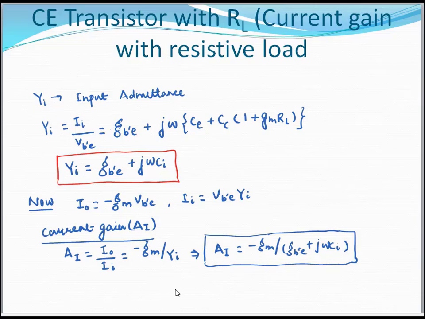Further, this is the equation which we can write as AI. So this is A. So divide numerator and denominator by gb'e. So divide numerator and denominator by gb'e, so we'll get the value AI is equal to